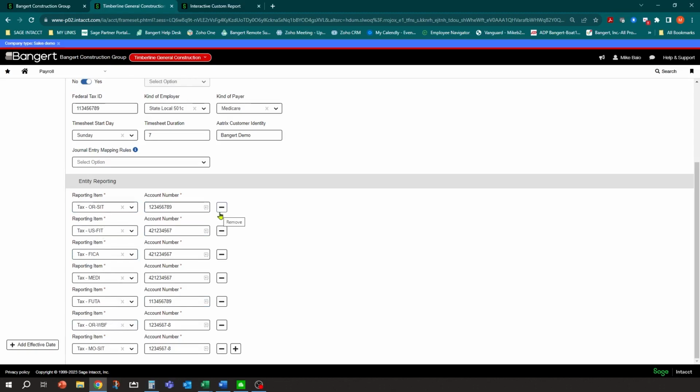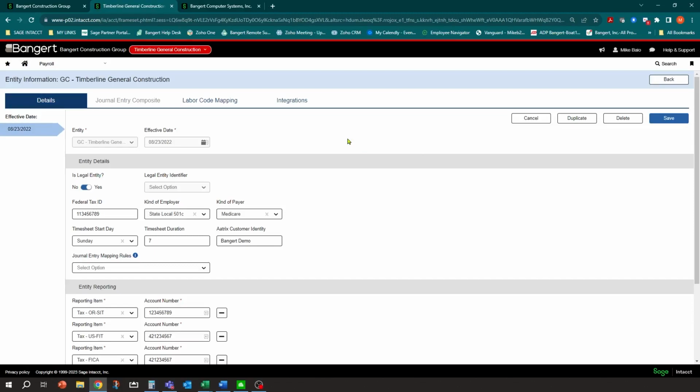If you don't fill them in here, then when you get into Atrix, it's going to say, hey, you have missing information. You can fill it in on the fly, but you're going to have to fill it in every time that you do it. So if you can get this filled out ahead of time, it's only going to help you. Okay, so you want to do this for any of these reporting areas. You know, I did it for the states, for the federal. Just list them out here.